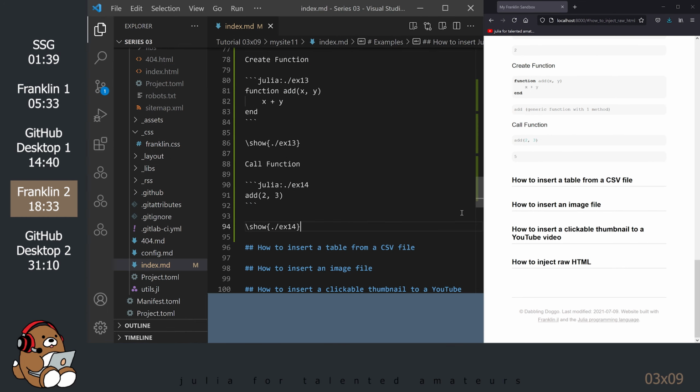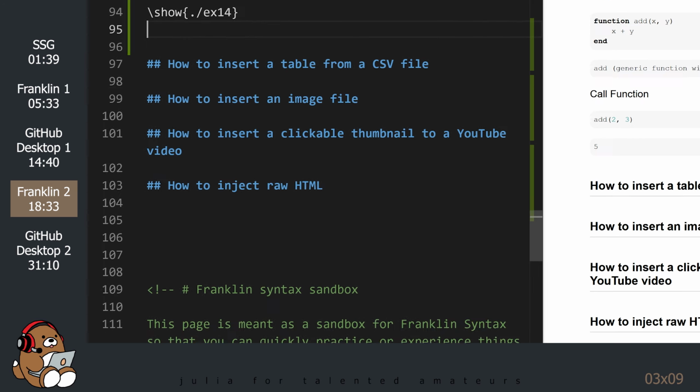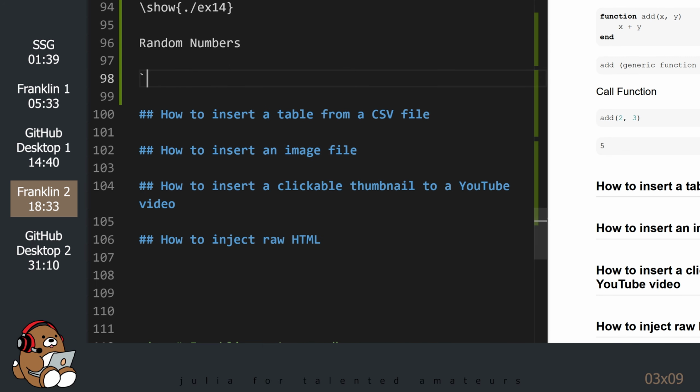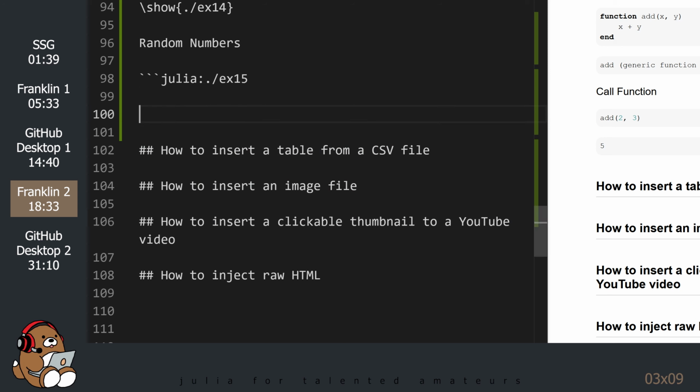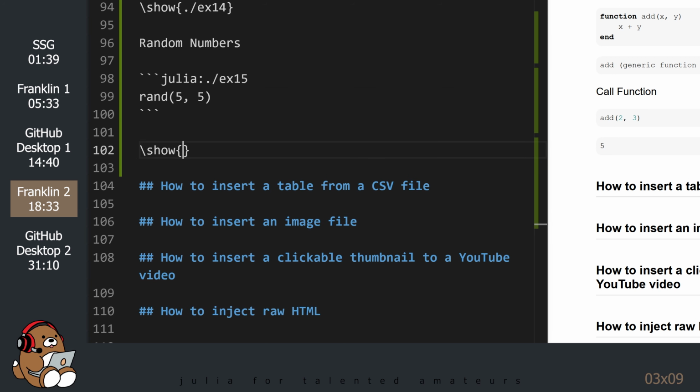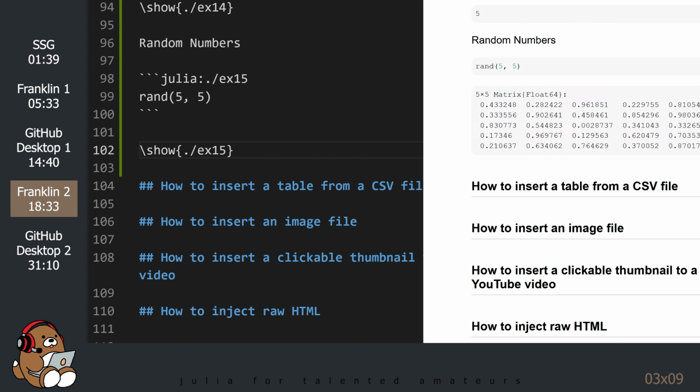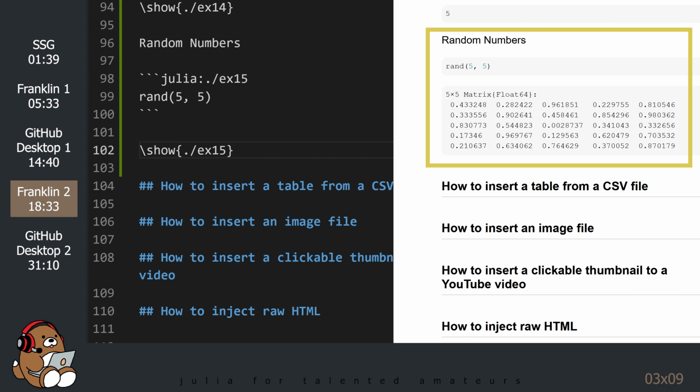Let's end this section with a fun example. As you can see, the output is not limited to simple displays.